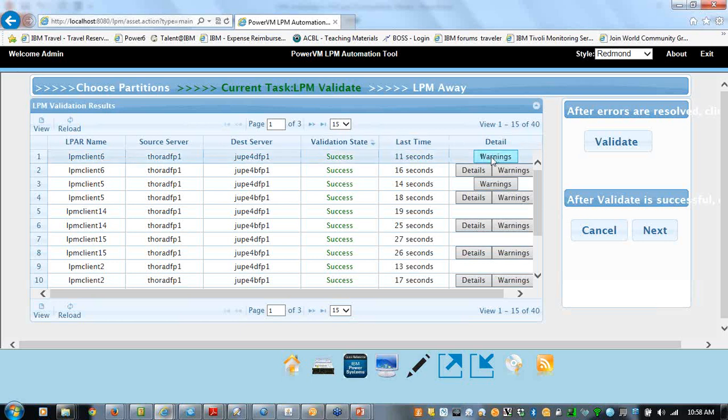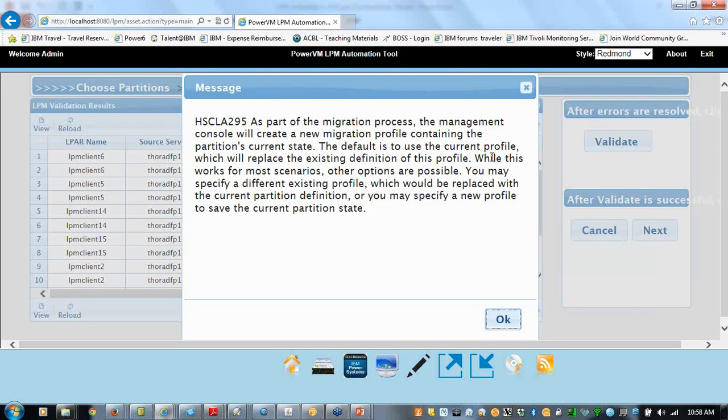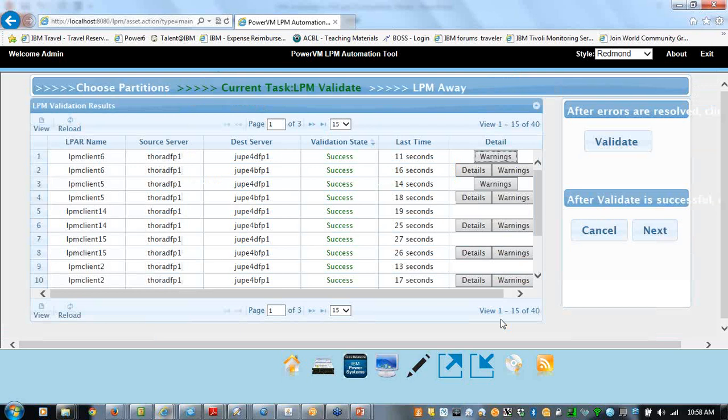And we have warnings. These are the standard HMC warnings you see. And when you do command line on the HMC and validates, I basically ignore them. I know this system well enough. I've done enough. I know that these warnings are, we're going to have a new profile, or you have an open console. Your console is going to be shut down if you're using it through the HMC VT menu. So basically, I see if I have success, and if I resort this, I'll see that they're all successful. Or else I can go through the views, and I can say I want to see 30 in a page.